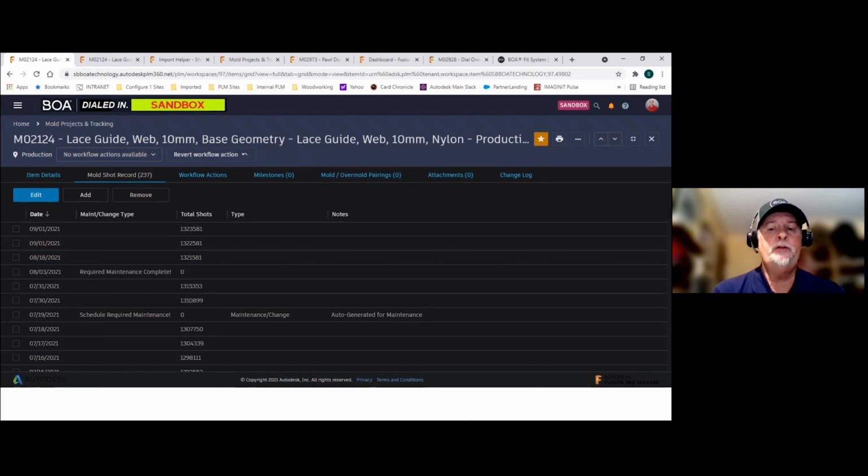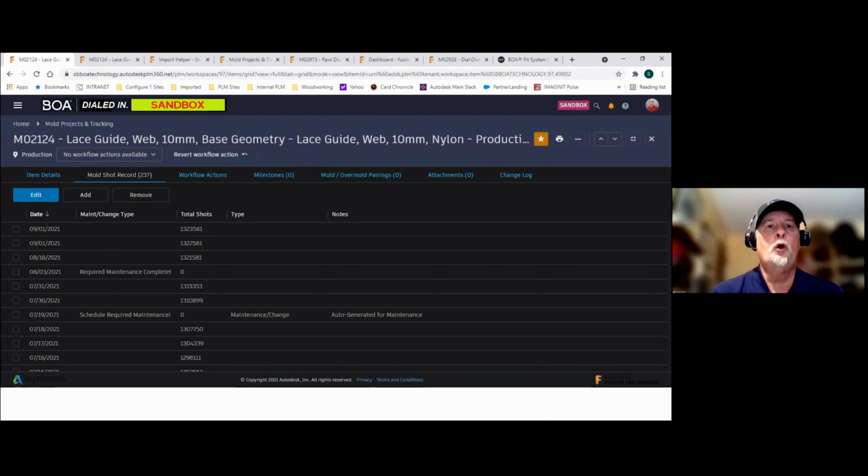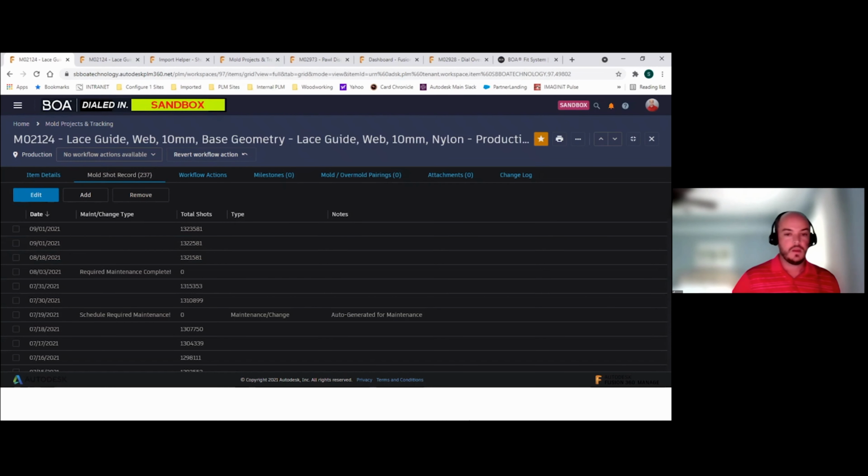A tool built in Fusion that Scott will describe in detail allows us to import this data every day into Fusion for every single mold on our production line. This custom functionality plots this data against our projected lifespan of each mold and how much of that has been consumed or is still available. Scott, do you want to give more details? Absolutely. So let me bring up the presentation.